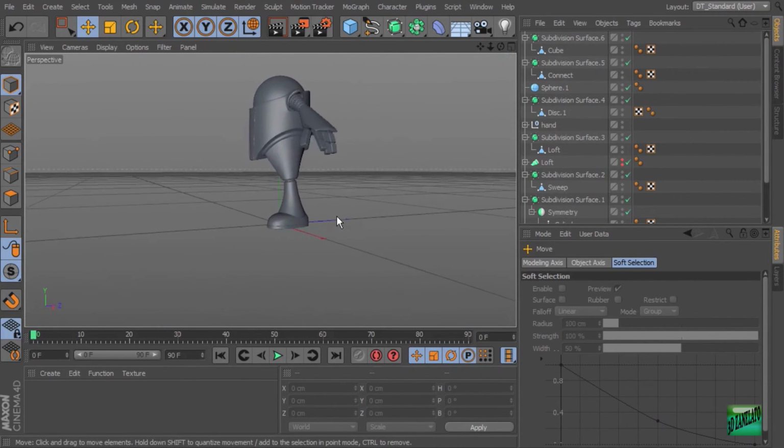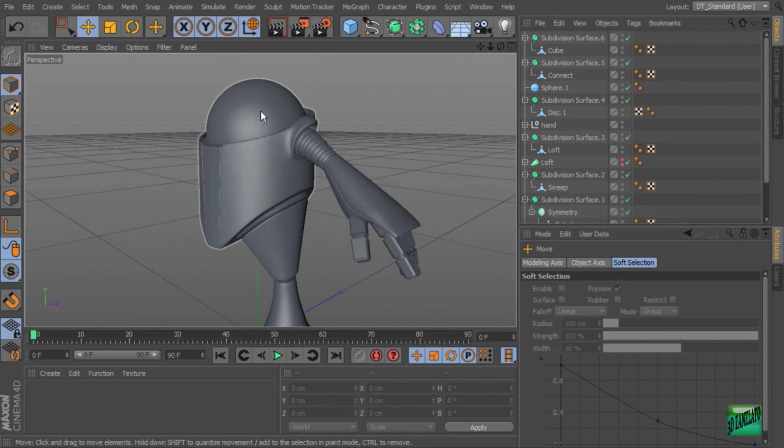Now, the next thing that we want to do is add a little bit of detail up here on the head. So we'll create a simple kind of eye slit